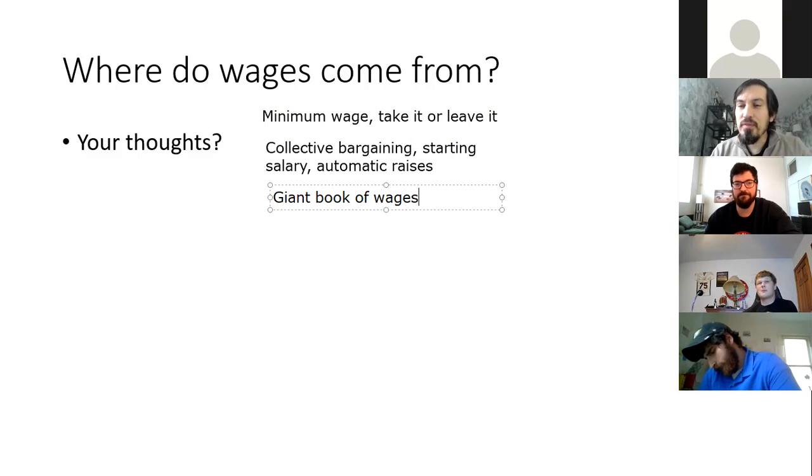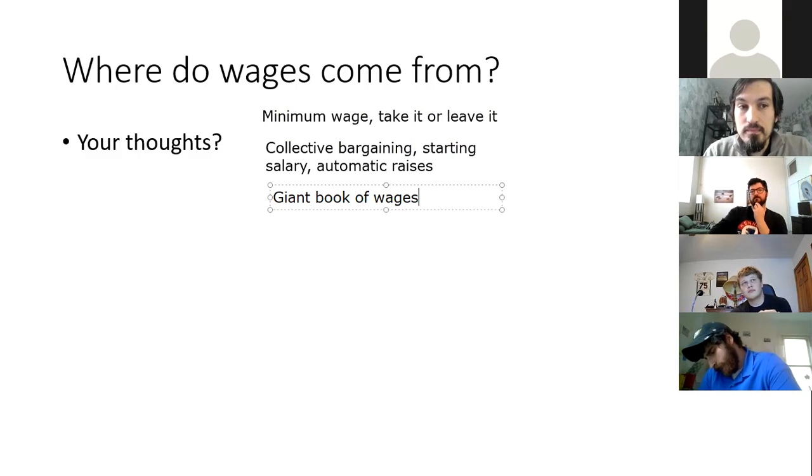Did you ever think about where those wages come from? Like, where did they come up with these numbers in their giant book? I guess they were doing it based off the perceived number of campers they had, and the amount of work they perceived it took to take care of a group of kids.